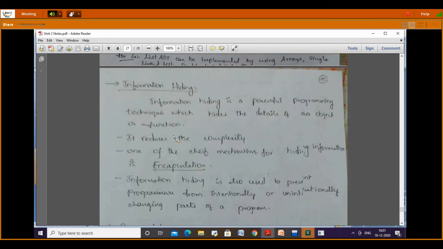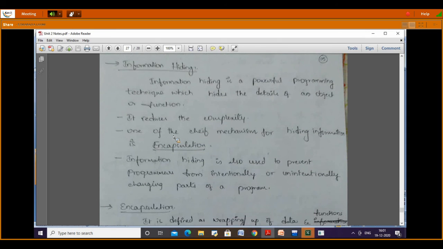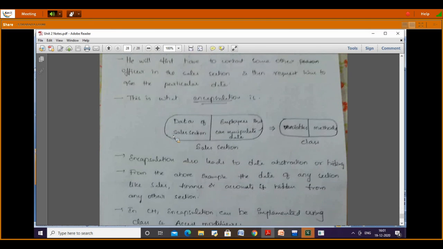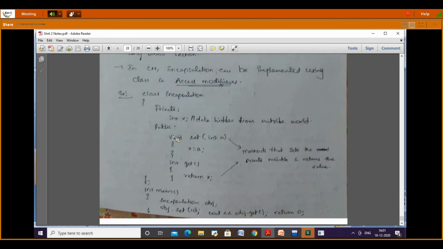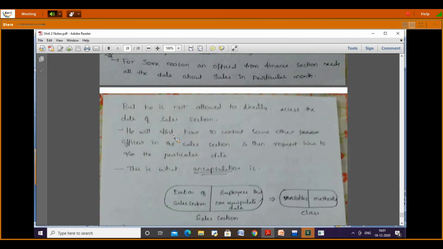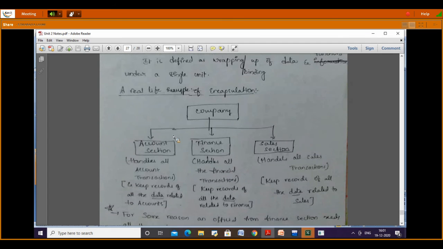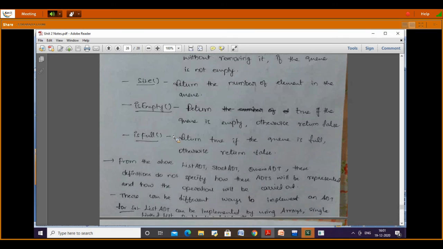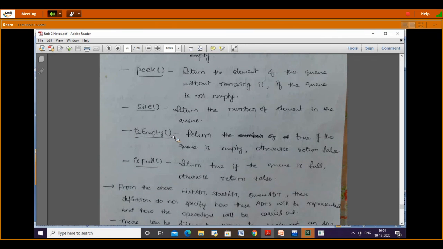Then the next one is, what do you mean by information hiding, encapsulation, polymorphism? What do you mean by information hiding? Abstraction, right? Whenever we have any important data, we don't want that particular data to be used by any other person.